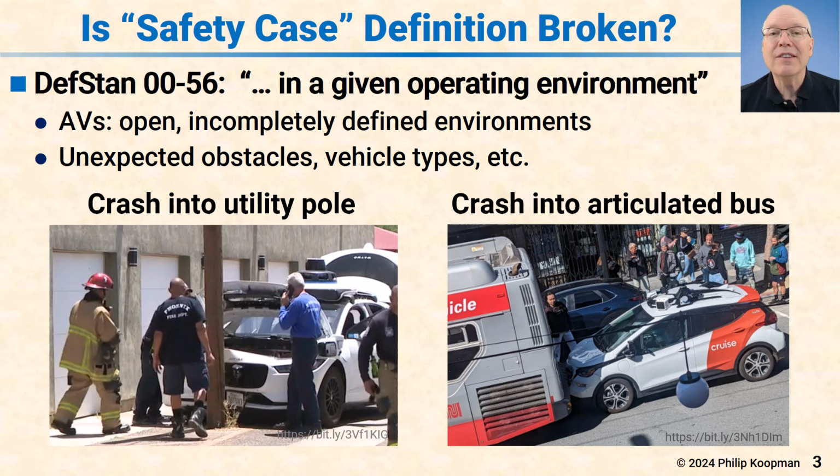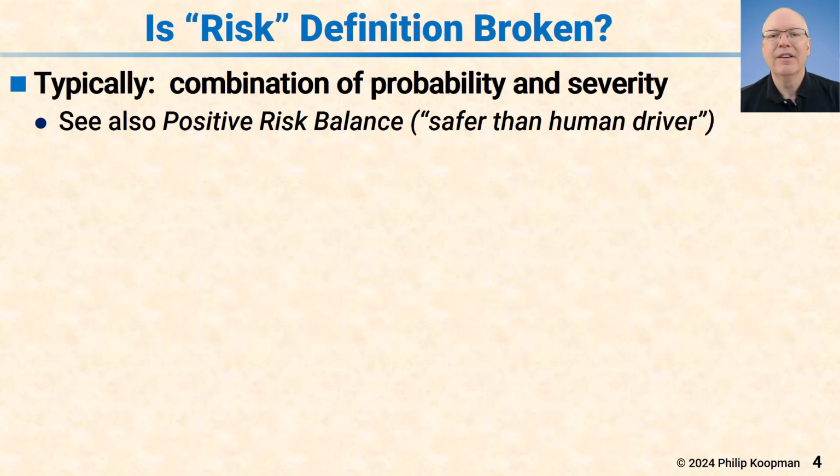Both of these you can consider as straight up software defects. But at a deeper level, what's happening is you could have a safety case that says, oh, these systems are completely safe. But because there's something missing from their model of the operating environment, they have a problem. So limiting the safety case to only worry about what happens when you understand the environment leaves out the part where you don't actually understand the environment, and that's inherent to these types of systems.